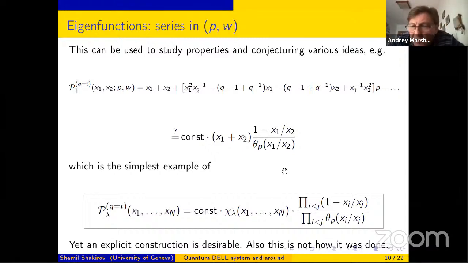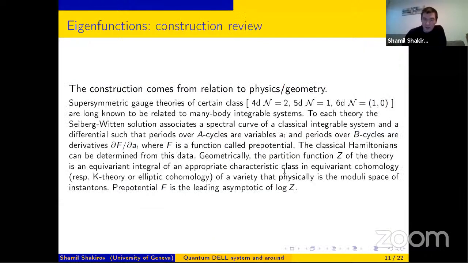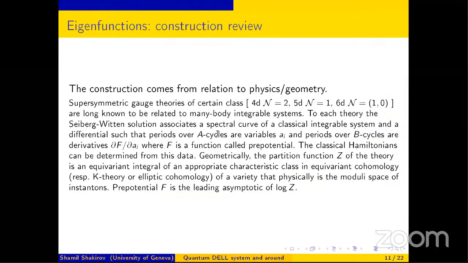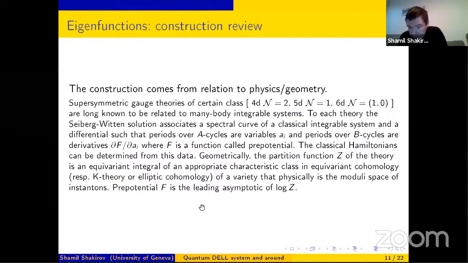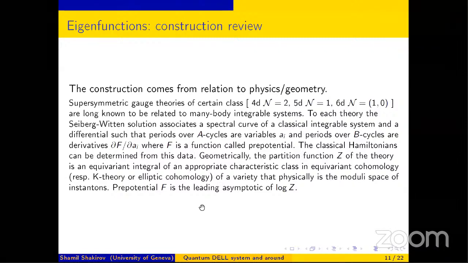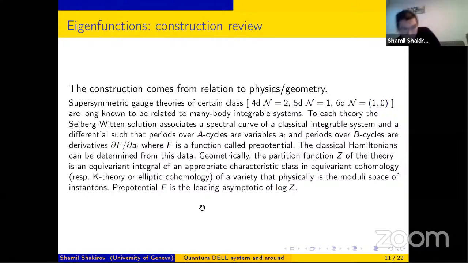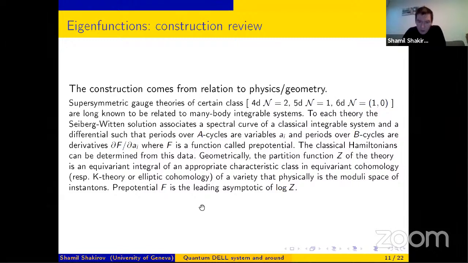And where do these functions come from? These functions come from the relation to physics and geometry. Of physics of what? Of supersymmetric gauge theories with surface defects. So this is my next two slides. I only have 20 more minutes, correct? Well, it's approximate, yeah. Because of time limitation, I will not give any explicit formula,